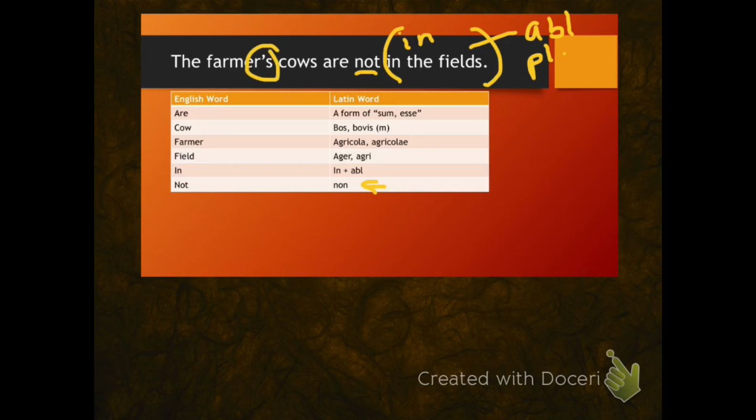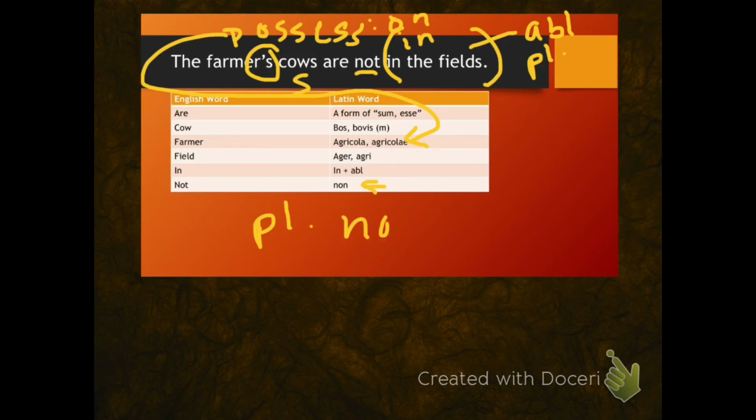Farmer's, I notice, ends with an apostrophe S, and as soon as I see apostrophe S, I need to think possession, and when I think possession, I have to think about the genitive case, which is the second word on the vocabulary list, agricolae. Cows is the subject of the sentence, and it's plural,